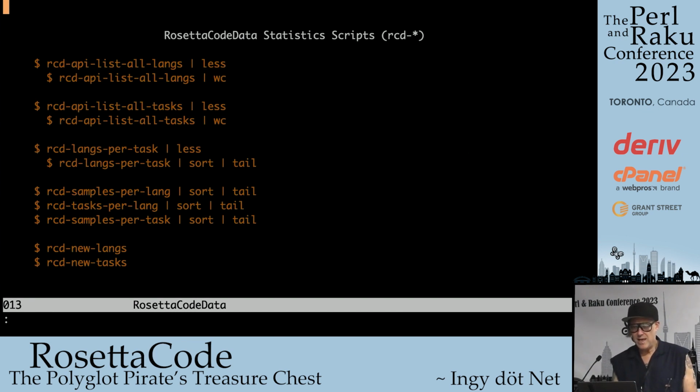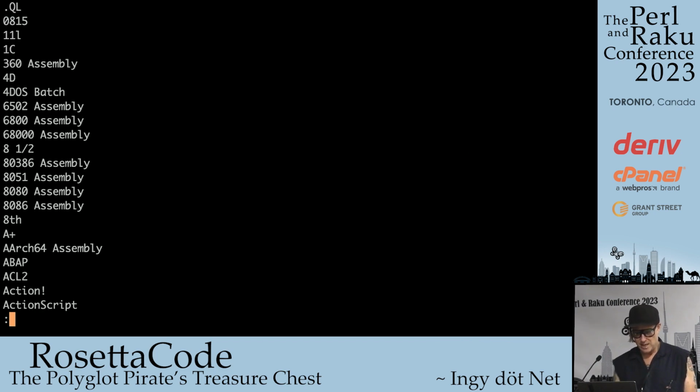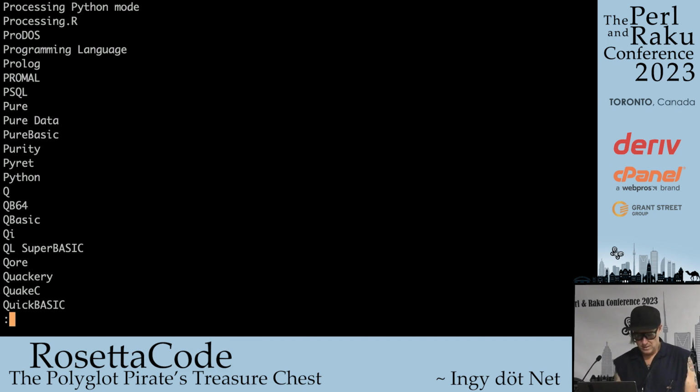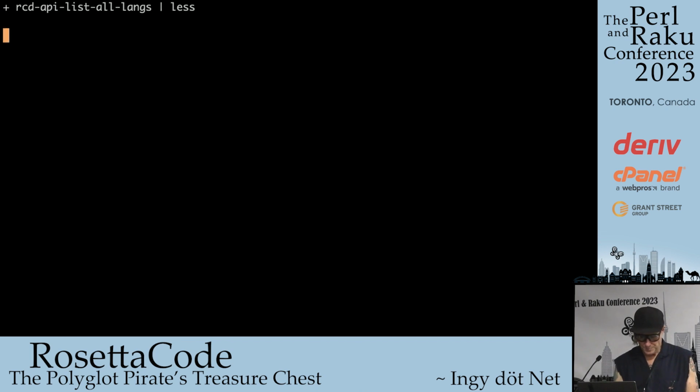Kind of cool. Okay, RosettaCodeData, the repo, has a bin directory, and it has these scripts that I'm going to show you. I decided it would be interesting to see some of the numbers live against the real data. So this is going to list all of the languages. That's kind of easy. Well, there they are.